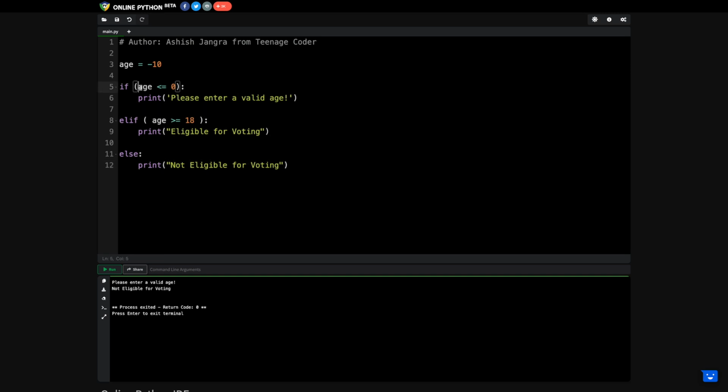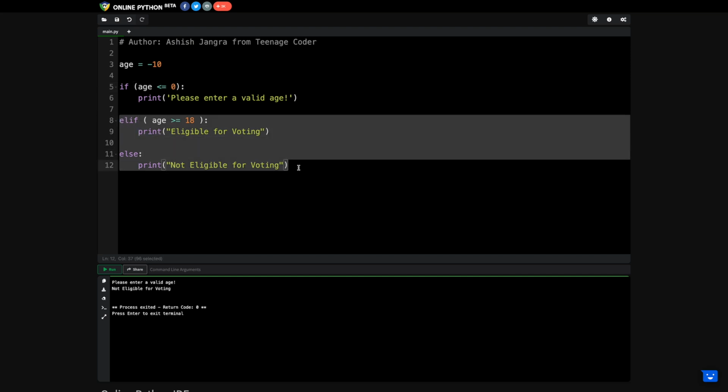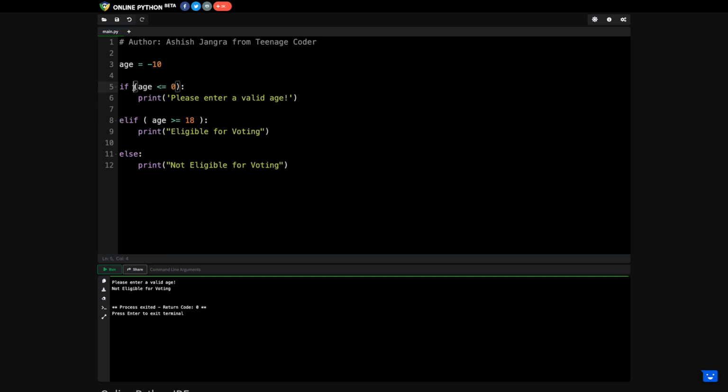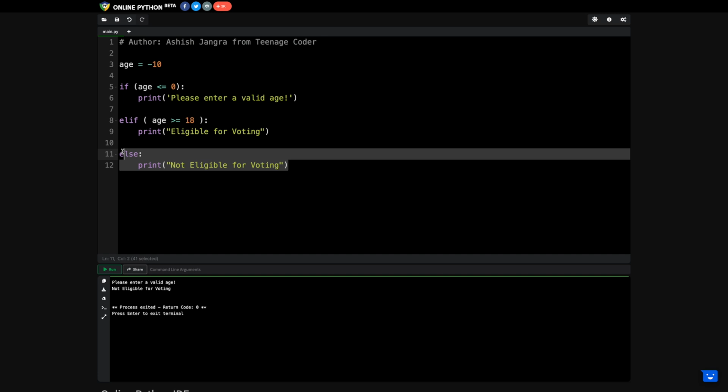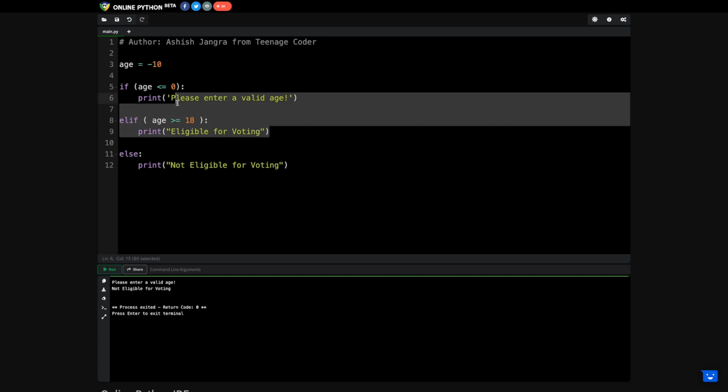First of all, it will check this. If this is true, I'll not execute both of them. If this is not true, I will execute this. If even this is not true, I'll execute this finally, because this is an else part which will be executed if both the conditions are not true, right?